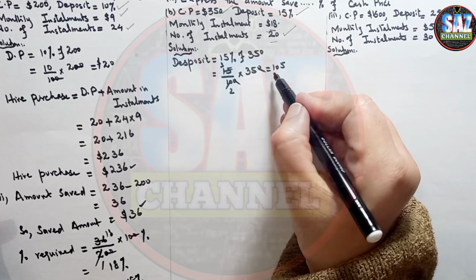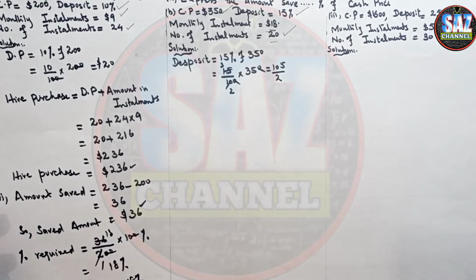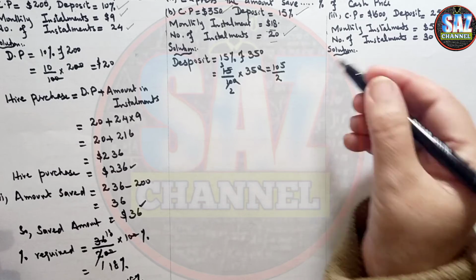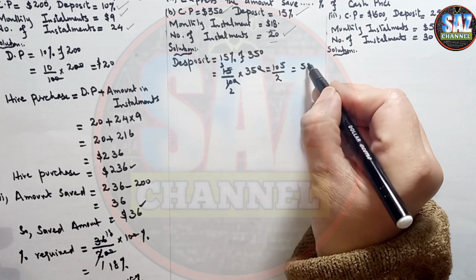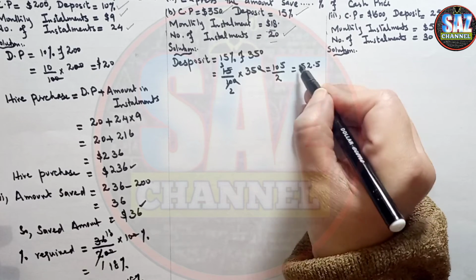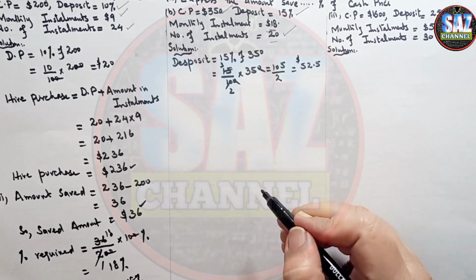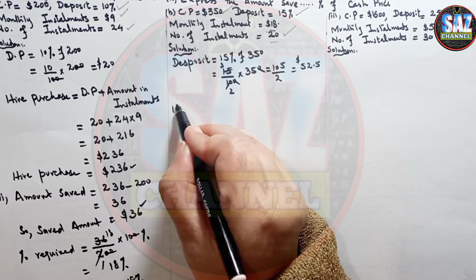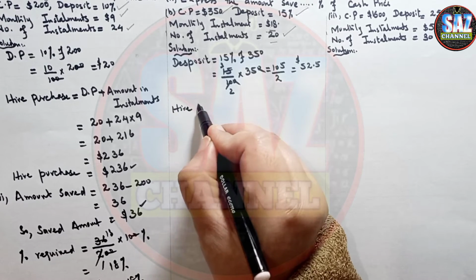105 by 2, and that will give me 52.5. 52.5 is the deposit or down payment that I have to pay to the shopkeeper initially. So the hire purchase price